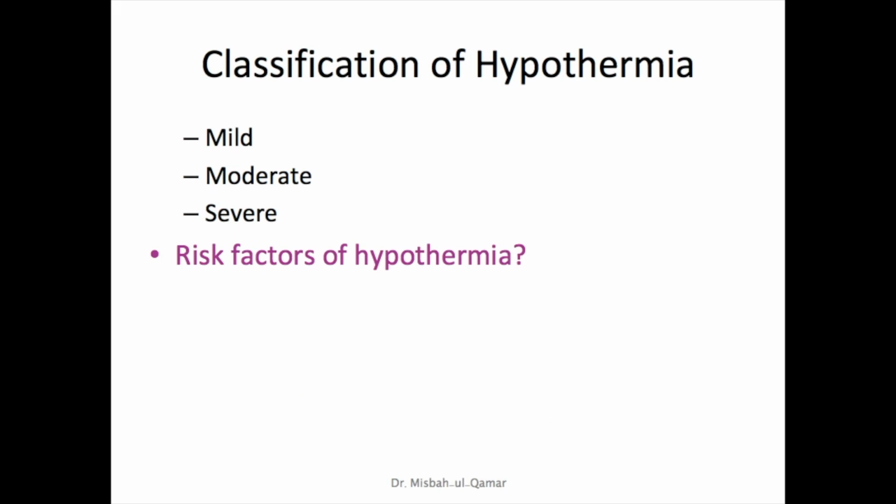If we have to classify hypothermia, it could be mild, moderate, and severe. When body temperature falls to 35 degrees or a maximum of 33 degrees centigrade, this hypothermia is considered mild, and the patient shows uncontrolled intense shivering, and his or her body movements become ill coordinated, and this chillness causes pain and discomfort. Now when the temperature falls to around 33, 32, or 31 degrees centigrade, then this hypothermia is